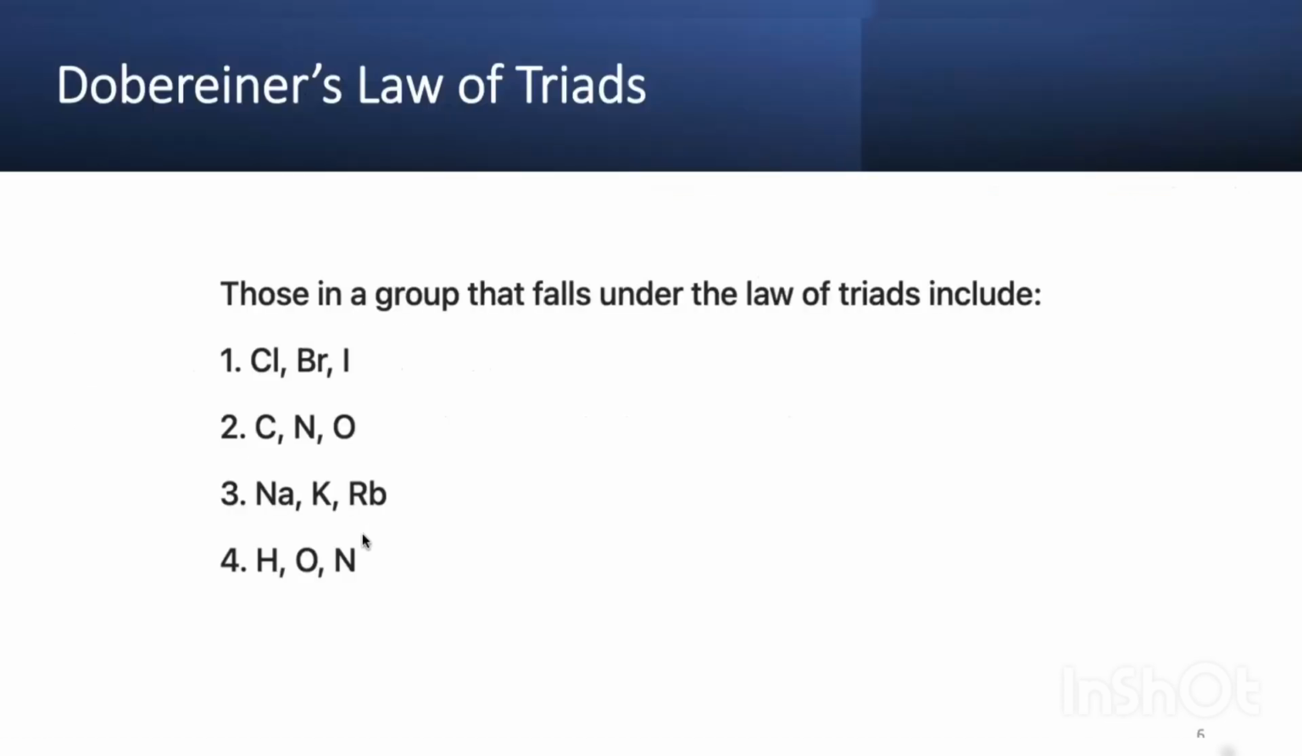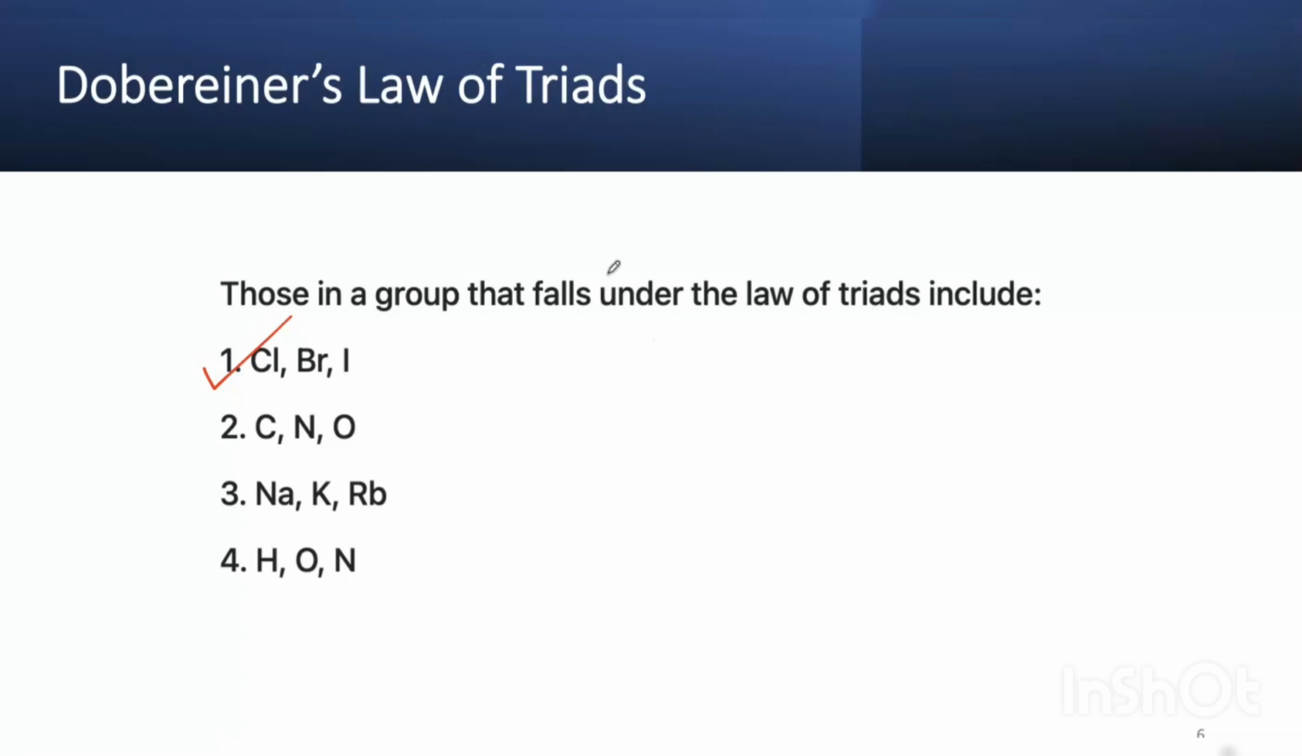Now coming to some problems based on Dobereiner's law of triads. The first question: the group that falls under the law of triads is: 1. Chlorine, bromine, iodine; 2. Carbon, nitrogen, oxygen; 3. Sodium, potassium, rubidium; 4. Hydrogen, oxygen, nitrogen. We have seen the groups of triads introduced by Dobereiner in our previous slides. Based on that, we can conclude that chlorine, bromine and iodine fall under the law of triads